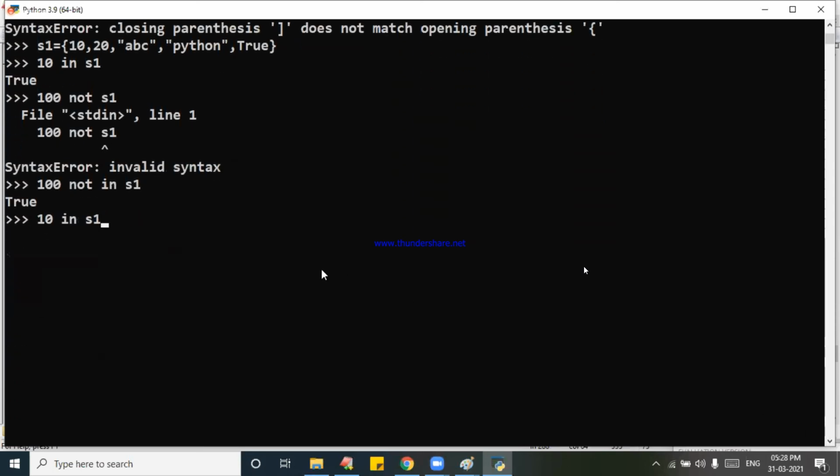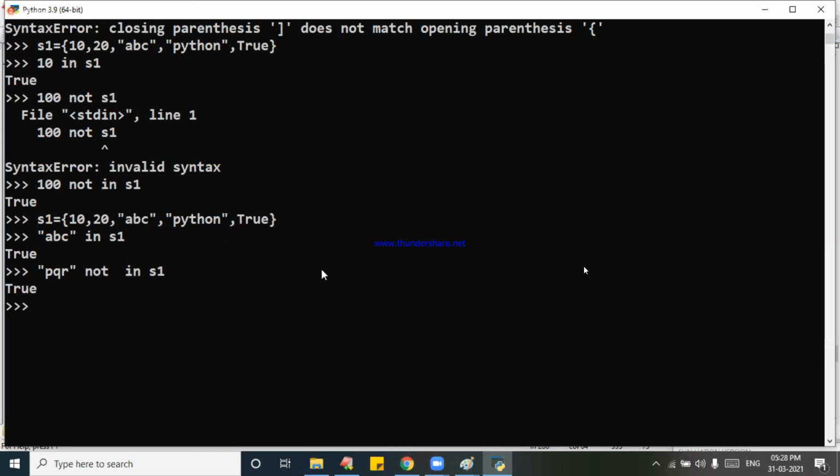Now you take ABC. ABC in S1, then it is true. Then PQR, you take PQR not in S1. Yes, perfectly done. About the subscripting operation I am trying to do on the set, that is not permitted, I am saying. Are you following? On a set, indexing and subscripting is not possible, ma'am.